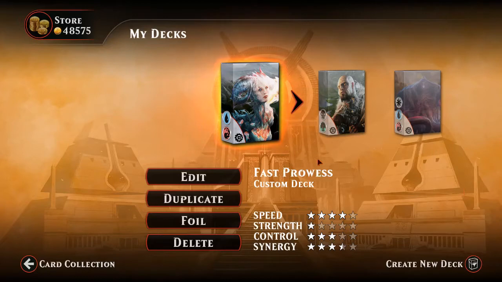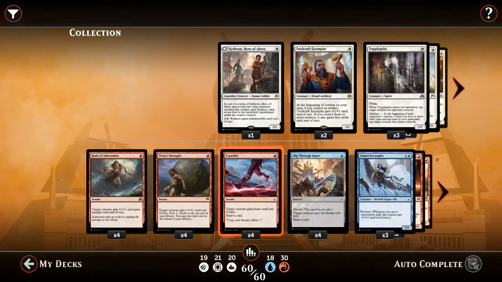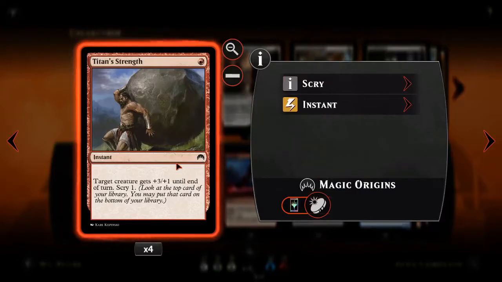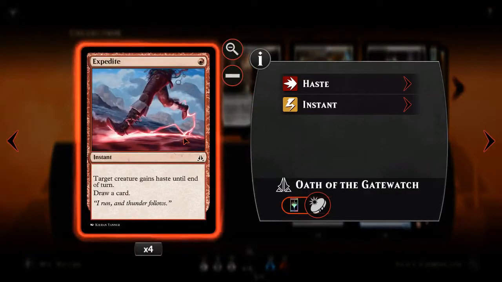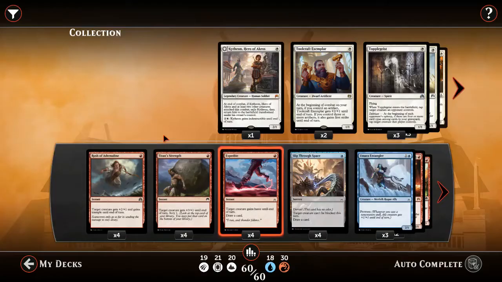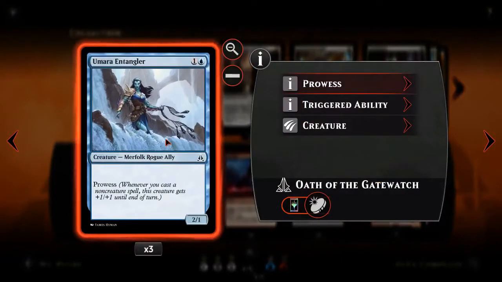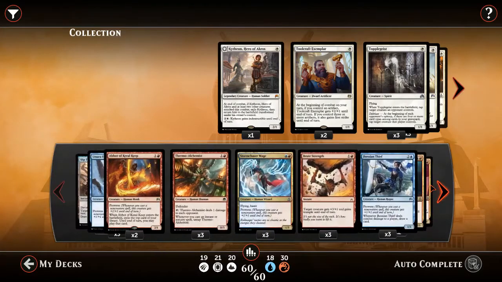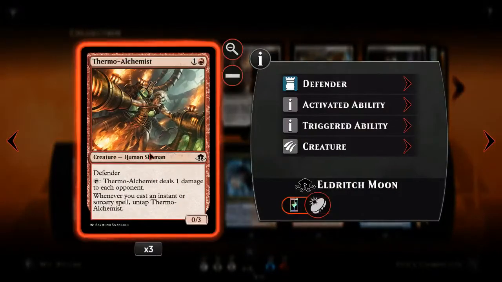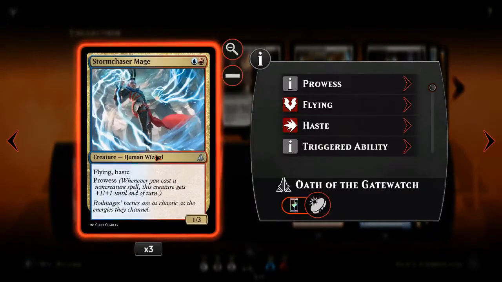So we've got a bunch of cheap mana cost instant sorceries in this deck, so I'll show you what we've got in this deck. We've got 4 Rush of Adrenaline, 4 Titan Strength, we've got 4 Expedite, we'll draw a card and give your creature haste. We've got 4 Slip Through Space, we'll draw a card and make your creature unblockable. We've got Umara Entangler, it's Prowess. We've got Abbot of Keral Keep, and it's got Prowess, and it'll also exile a card that you may play that turn, maybe. Then you've got 3 Thermo-Alchemist, 3 Stormchaser Mage,